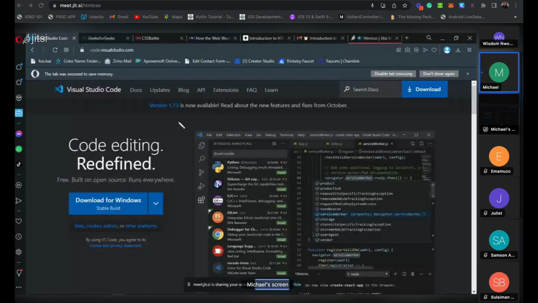So let us talk about it. Web development can be divided into three major sections. One is what we call front-end development. The second one is back-end development, and we have full stack development. Now for the front-end development,